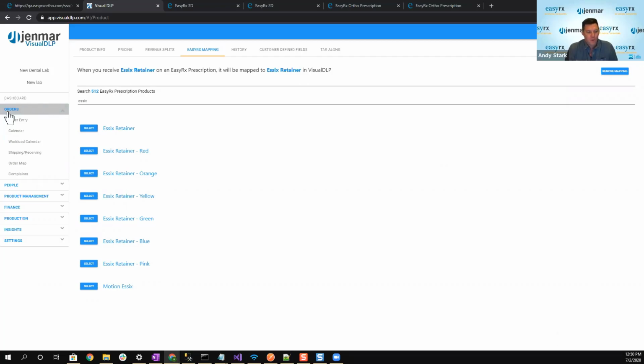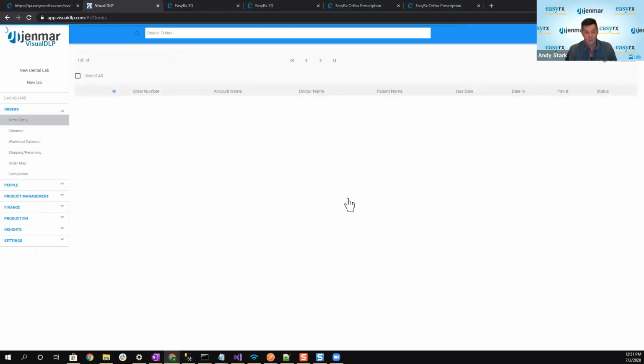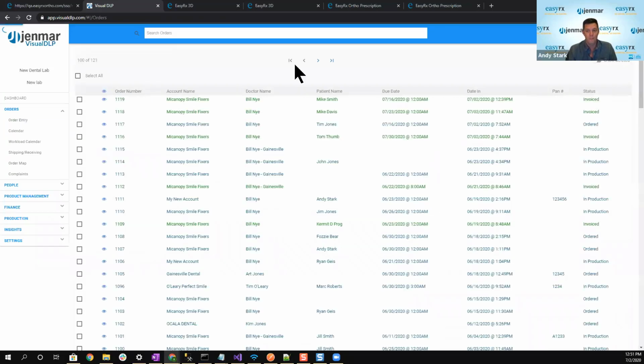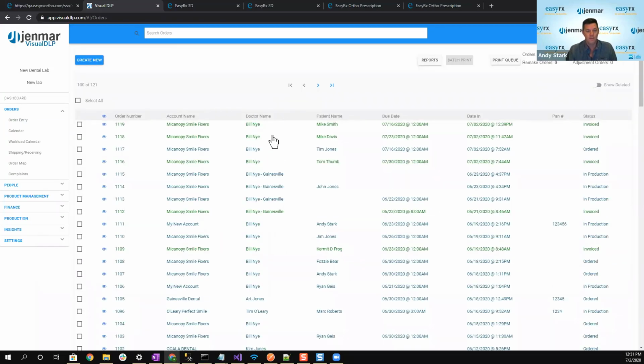So really straightforward. It requires you to create a connected EasyRx lab account, requires you to then set up the mapping between your accounts and the EasyRx practices, or invite them to that, and then set up your products. And after that, your practices will then be able to submit RXs that will show up with no data entry in VisualDLP, and you can then communicate files back and forth,